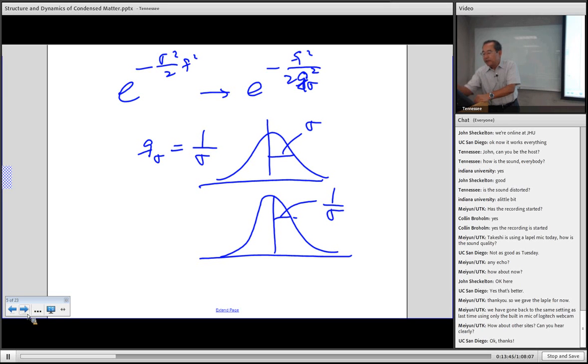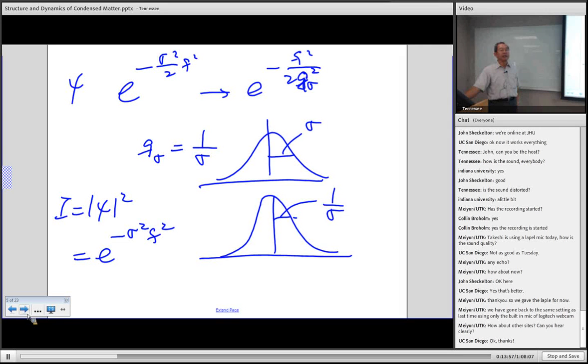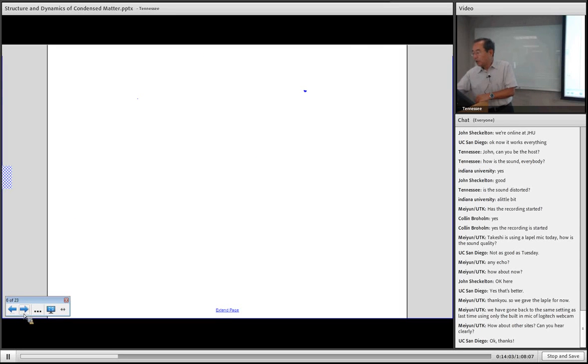And this is about phi. So the intensity, which is the square, becomes e^{-σ²Q²}. Okay? So that means if you plot, oops,